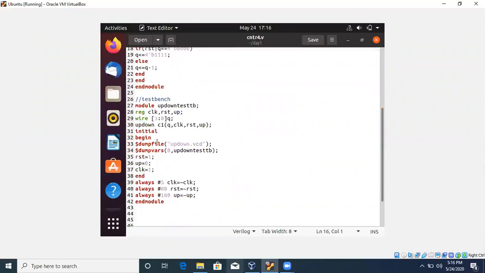So here also we have created the module of name up down test tb, and the file for the waveform observation is updown.vcd. Now we'll run this code.